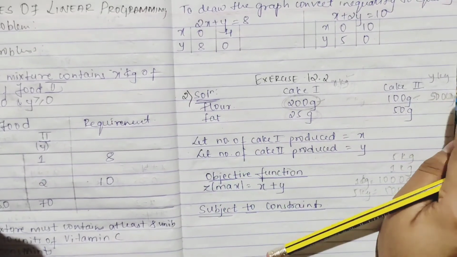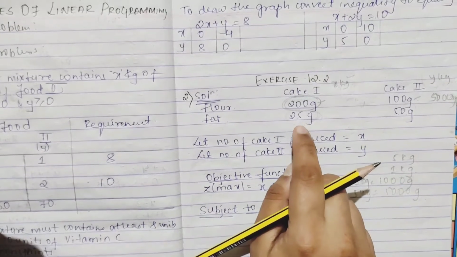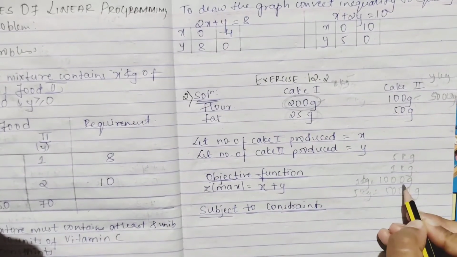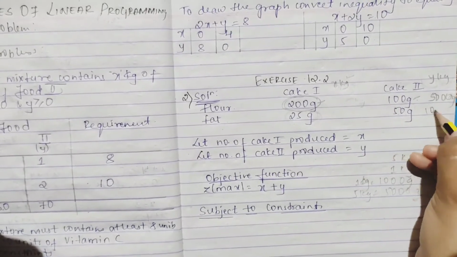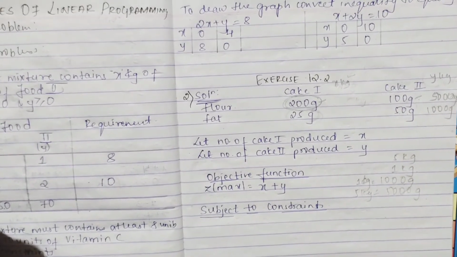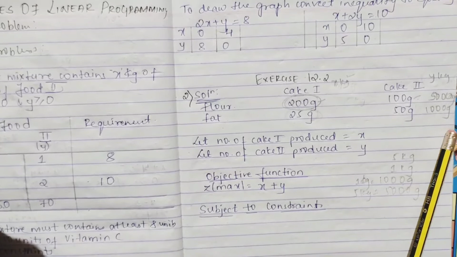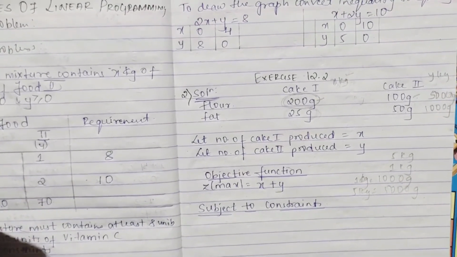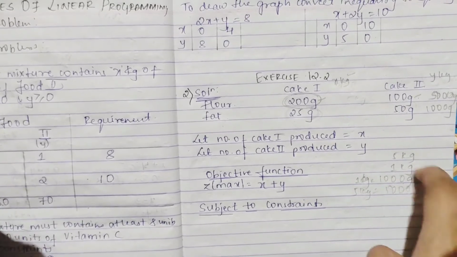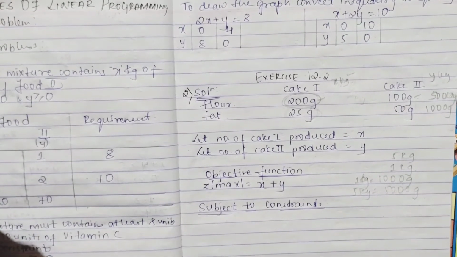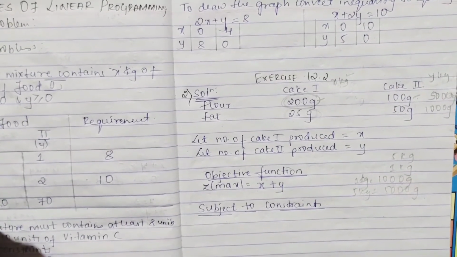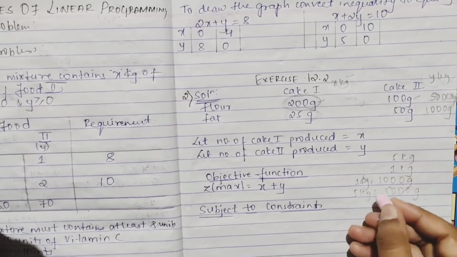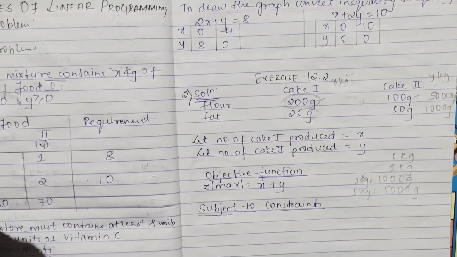Yes, your flour shouldn't be more than 5000 grams. And for fat, what have they said? 1 kg, right? 1 kg is equal to how much? 1000 grams. So this should not be greater than 1000 grams. Understood how you have to do it? Okay, this much is very clear. You have to convert; even note this down if you don't remember. At the side, or in pencil, you can write. Pause the video to note it down.